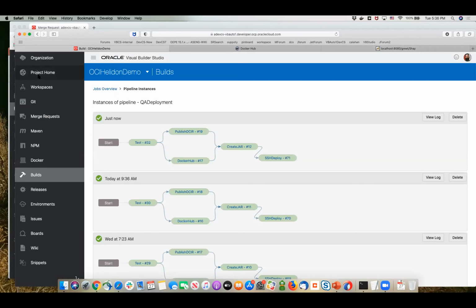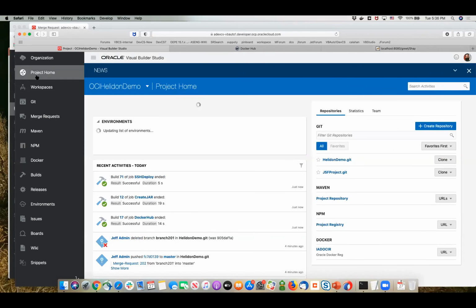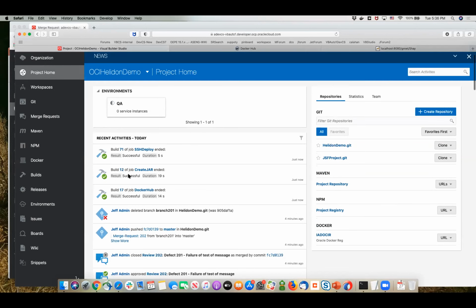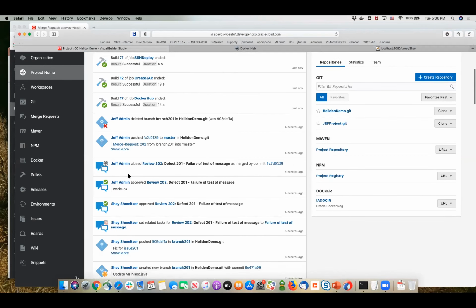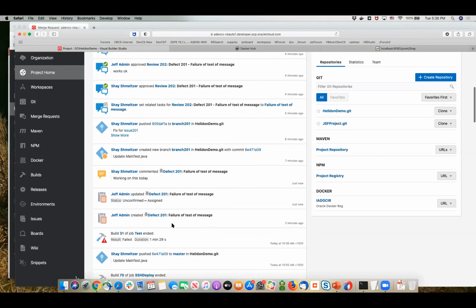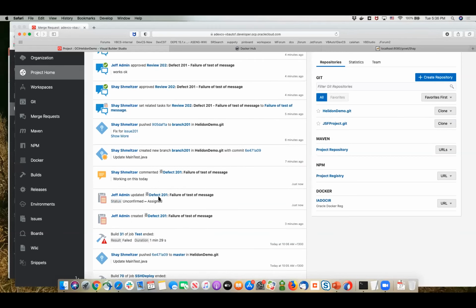Our live system has been updated and we resolved the issue that started this whole process. Now, the nice thing is that all of this is trackable from one place. If I go to my project home and I look at my activities today, I can see the whole flow. It started with a test that failed. And then we documented a new issue in our issue tracking system, assigned to Shay.